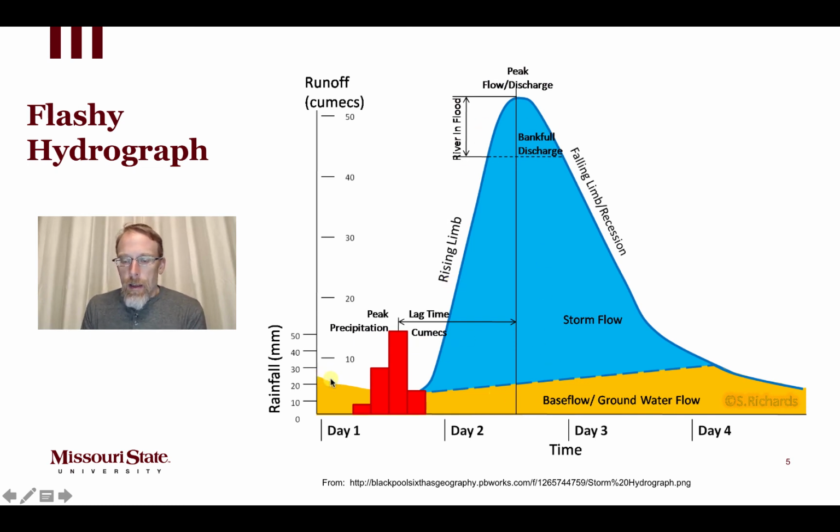The one thing that I want to show is here we do have that angled base flow line separating storm flow from base flow. And in this case, what's going on is we have this big flood come through. That flood is associated with a large rainfall. And maybe this is in the spring of the year when the soils are open, not frozen, but there's not a lot of evapotranspiration going on. So a relatively high percentage of the infiltration can move beyond the root zone and start to percolate and recharge